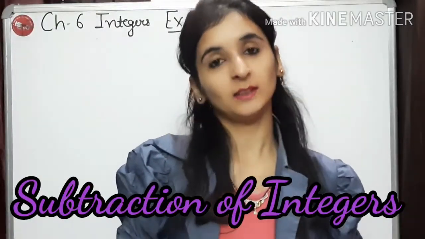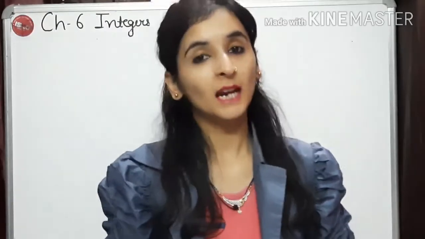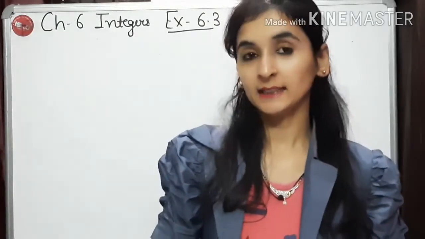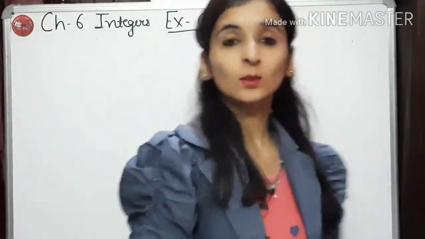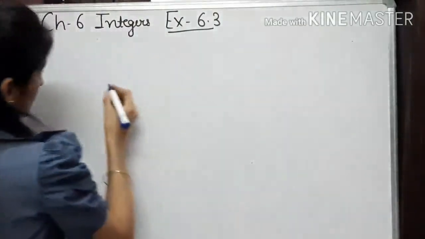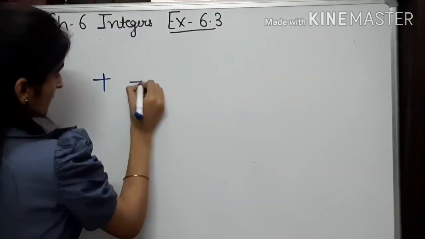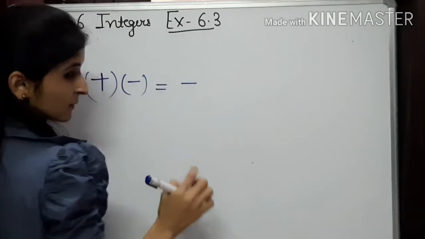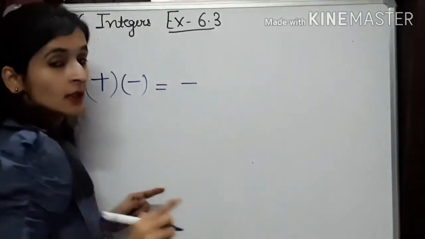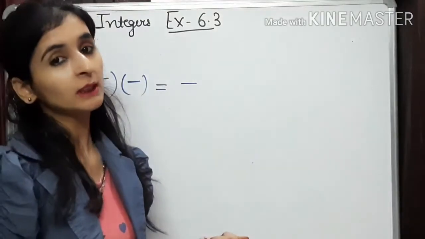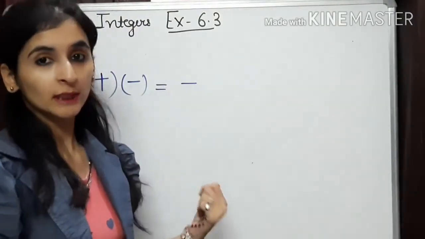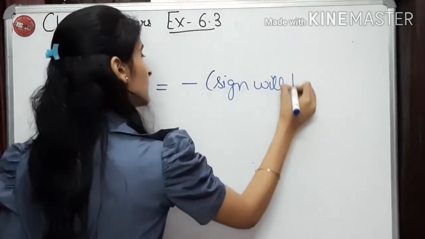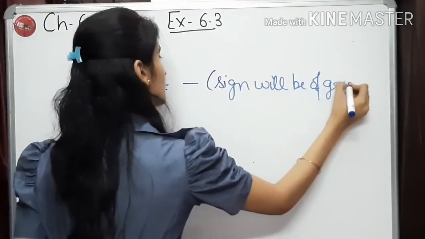Children, while doing addition or subtraction of integers, we have to remember the things which I have told you in our last lecture. Let us recall those points again. If we have one positive integer and one negative integer, then we will do subtraction, but the sign will be of the greater number. Sign किसका होगा? जो greater number के आगे होगा. Sign will be of greater number,